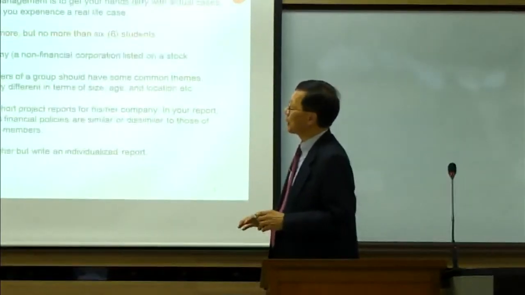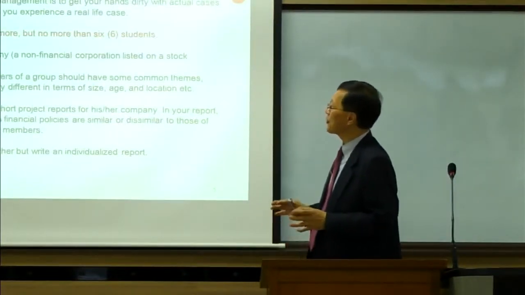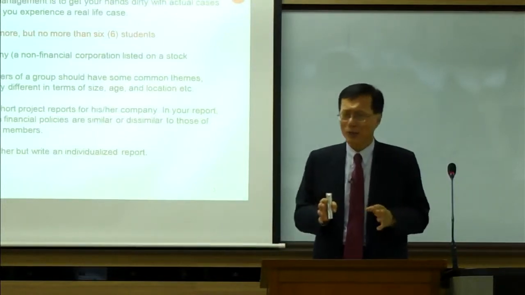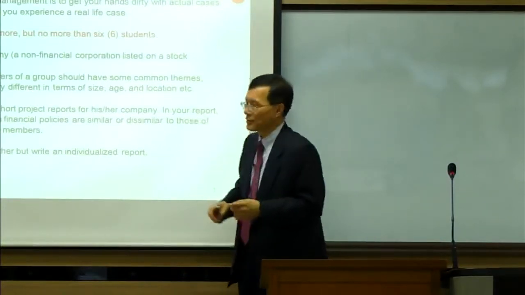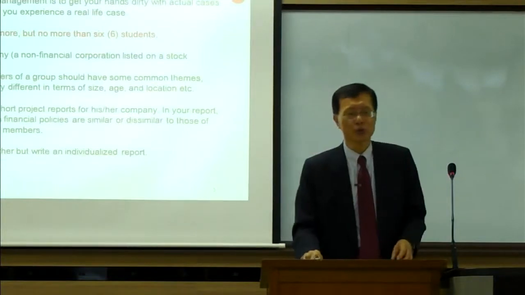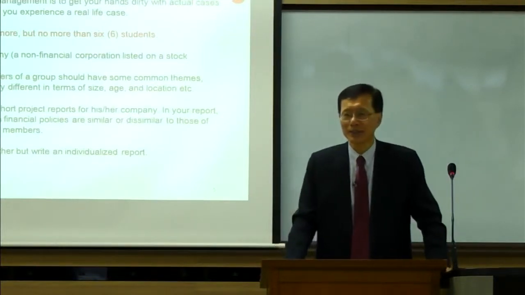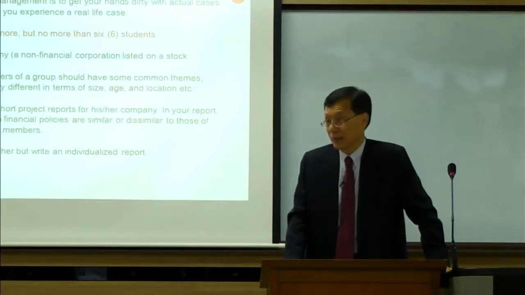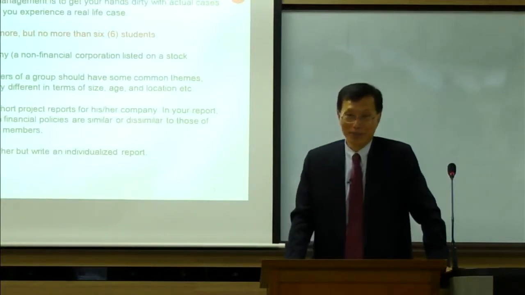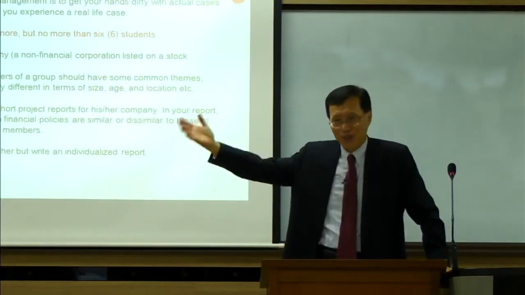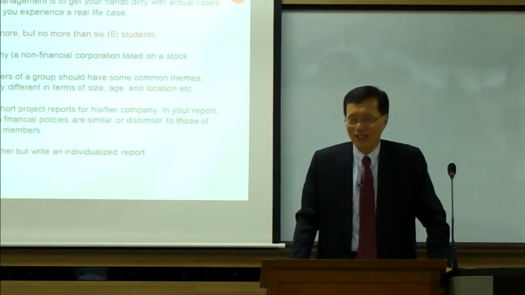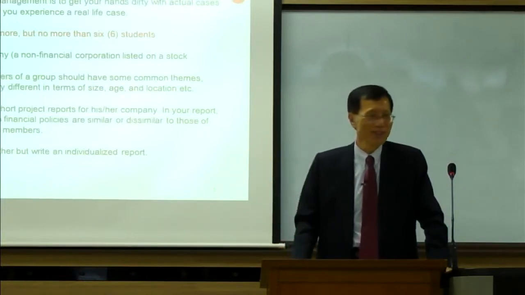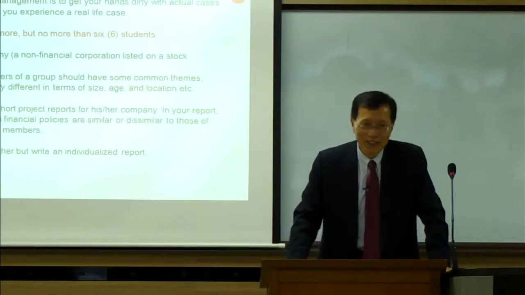The companies chosen by the members of a group should have some common themes, for example, similar industries. I don't mean same industry, but distinctly different in terms of size, age, and location, etc. For example, if you choose Korean Air, there is only one other listed company in Korea, that's Asiana Airlines. You have 6 people, so unless you go abroad, taking the airlines in the U.S. or European or other countries' airlines, you can choose